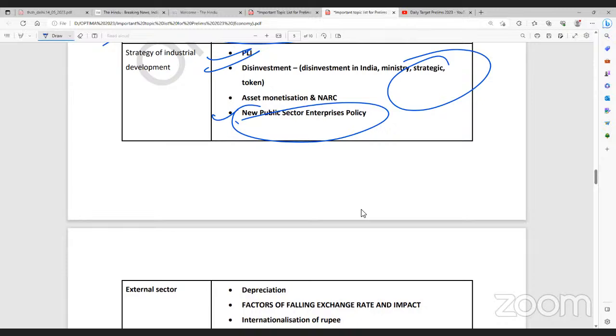Palm oil was already asked in UPSC last year. Palm oil is not going to come. Have you seen the 2021 paper? Go and see the 2021 paper. They are not going to ask palm oil. They are going to ask millets this year. So guys, this is the topic for today.